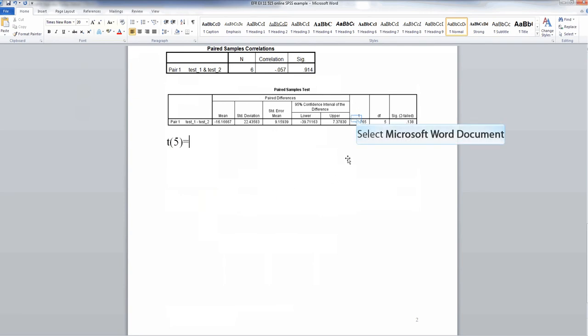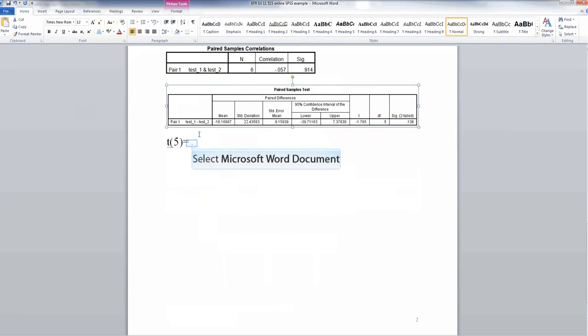The t-value is equal to, I see it right in my table here, minus 1.765, comma, and then here p is greater than 0.05. So p is greater than 0.05. And that's my APA,